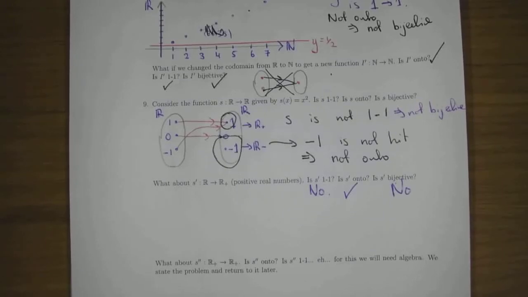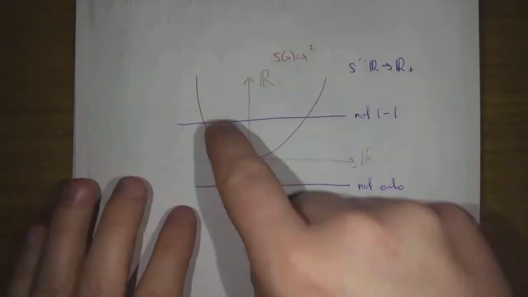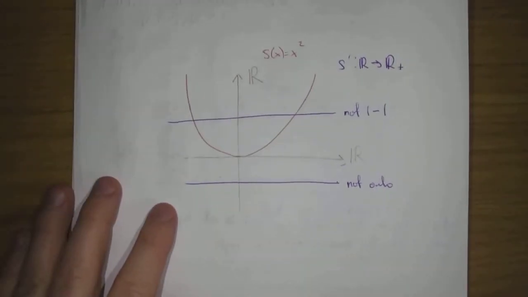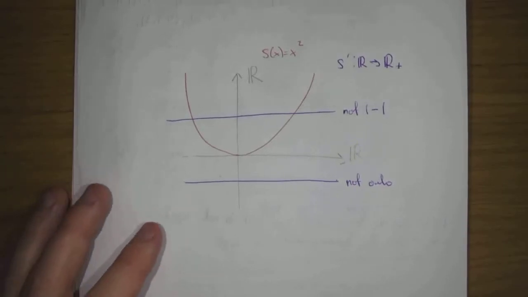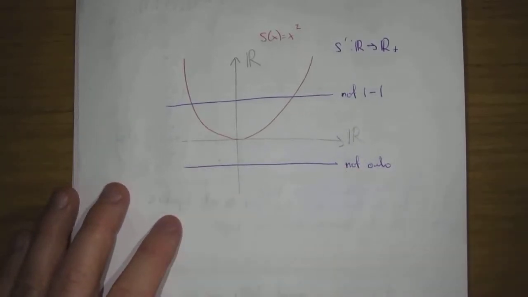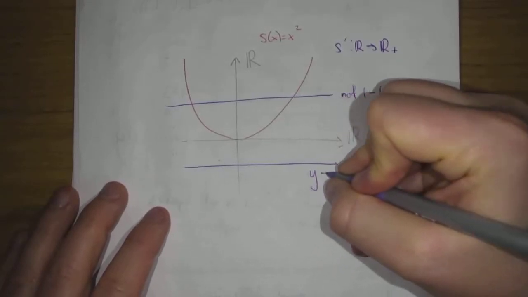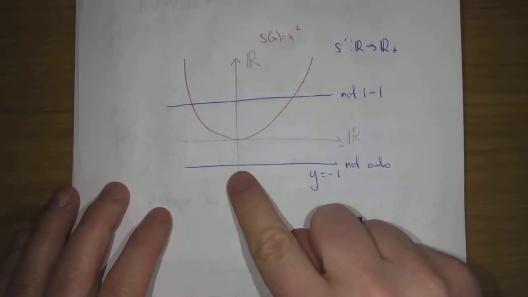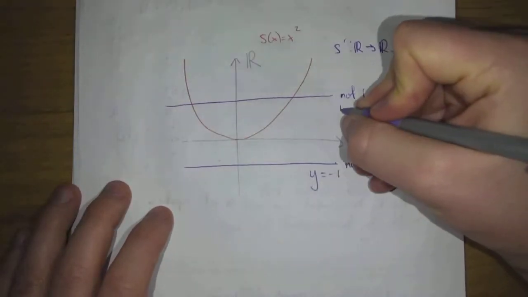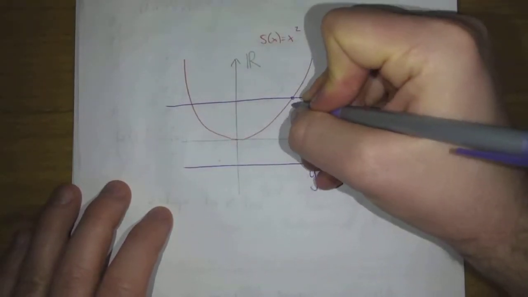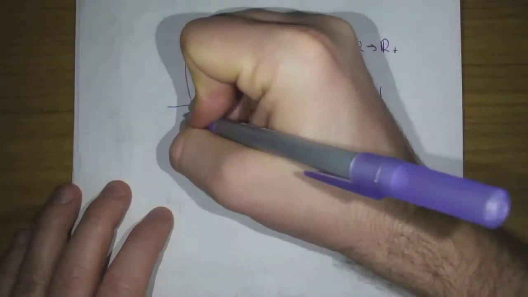Later on in chapter 5, we're going to learn a bit more about coordinate graphs, and x squared looks like this. And so you can do horizontal line tests to tell whether or not it is 1 to 1 or onto. In particular, here we see if you go across at y equal to minus 1, the graph doesn't hit it, so it's not onto, and you can see this one hits it twice. Say if this is y equal to 1, so you see 1 is sent to 1, and also minus 1